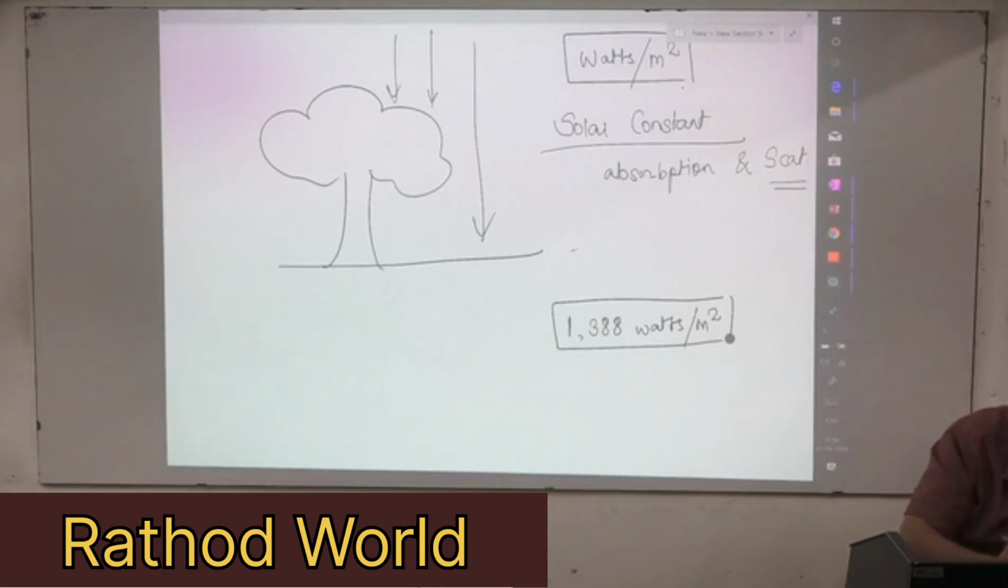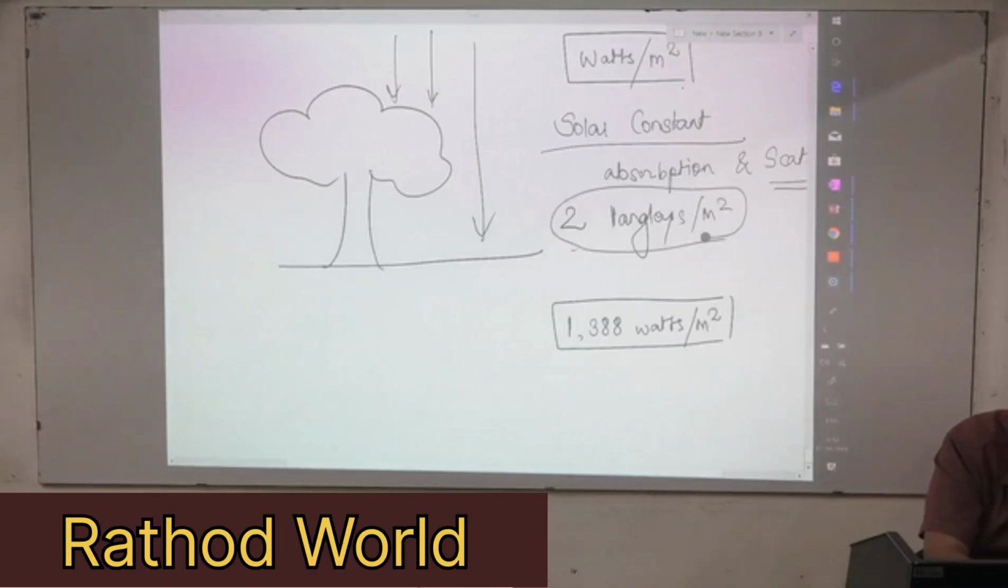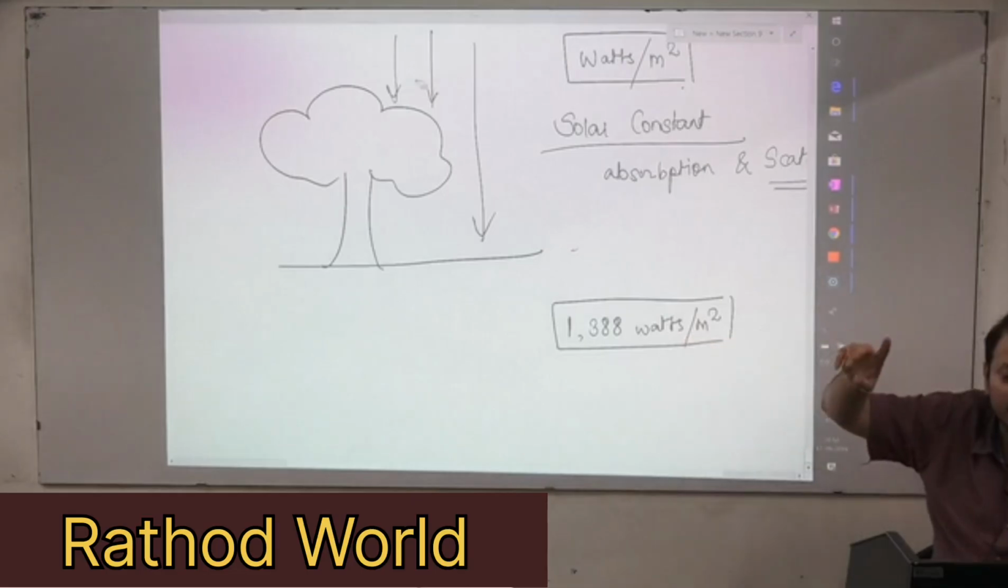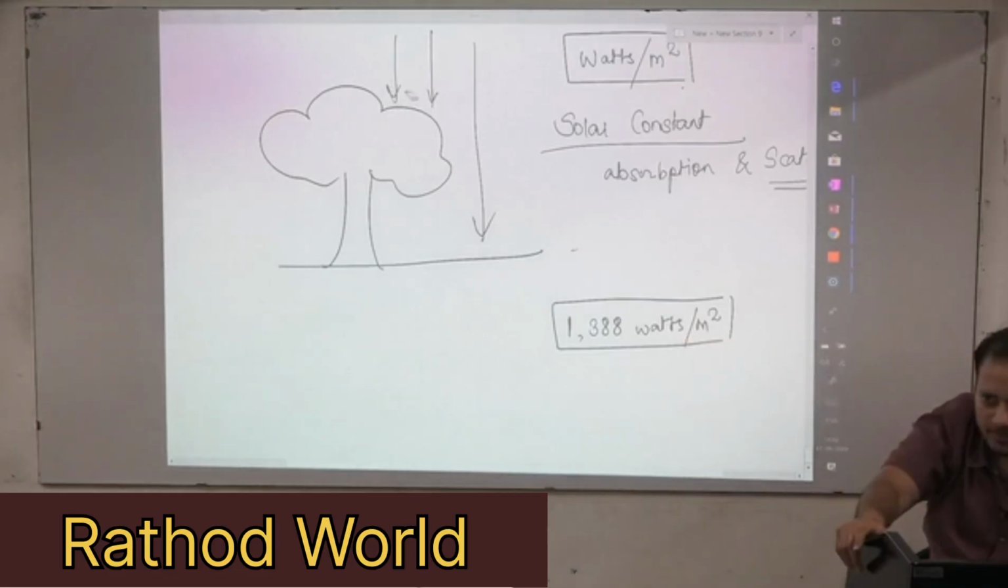इसी को एनसीईआरटी ने दिया है 2 लैंगलेस पर मीटर स्क्वायर. फाइन, सो कुछ भी एक वैल्यू लिख सकते हो, 2 लैंगलेस या 1.388 पर मीटर स्क्वायर. लैंगले यूनिट चेंज हो गया इसलिए वैल्यू चेंज हो गई. फाइन, लैंगले दिस इज मेजर्ड इन वैट्स, लैंगलेस इज मेजर्ड इन कैलोरीज. फाइन,